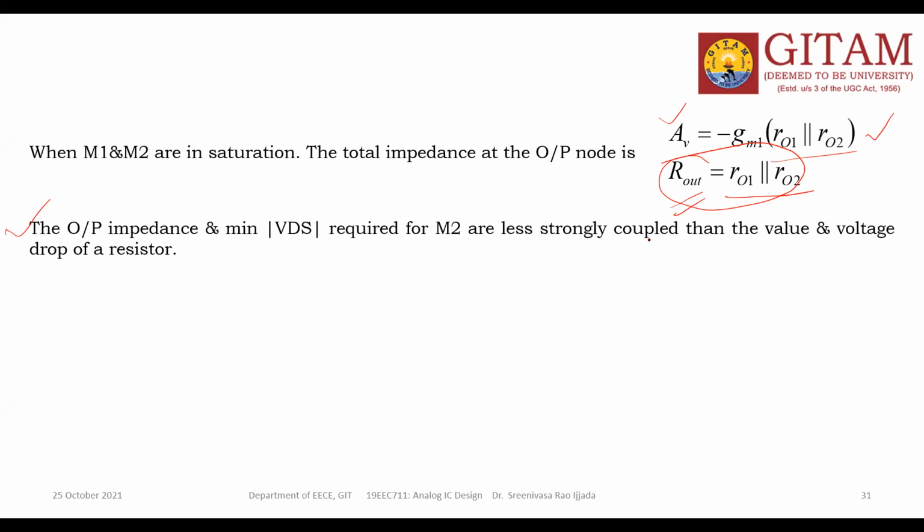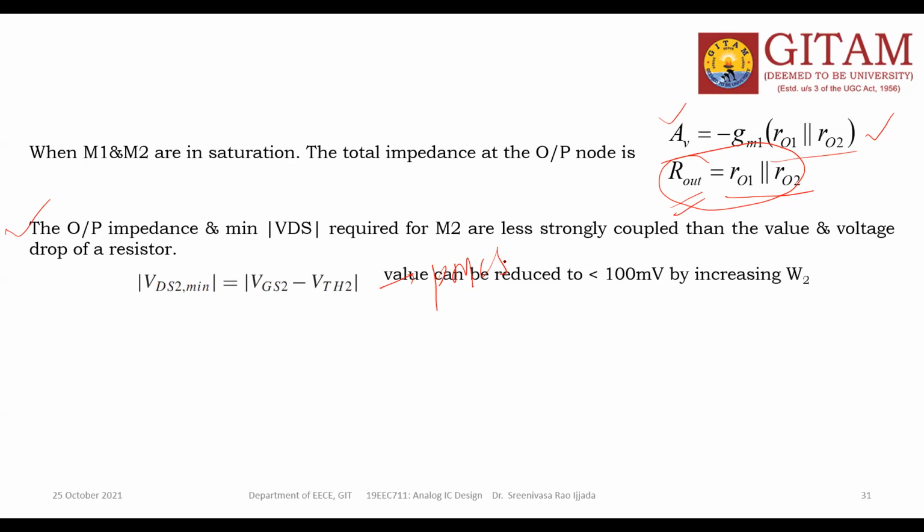Remember this: the minimum voltage which appears between the drain and source of the device M2 is less compared to the earlier voltage. Therefore, whenever the voltage drop across the load is small, the output swing will definitely be more than earlier. So this is the condition: VDS2 minimum is equal to VGS2 minus VTH2. This is talking about the PMOS device, which we can use as the pull-up device.